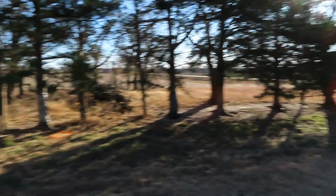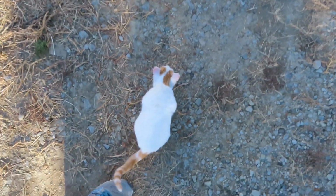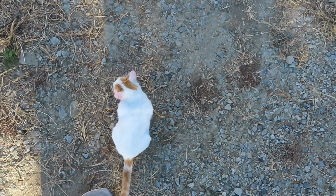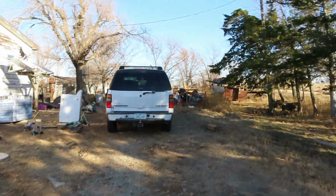This is a really nice row of trees here. I think this kitty might be sick. Ooh. Gross. Anyways,